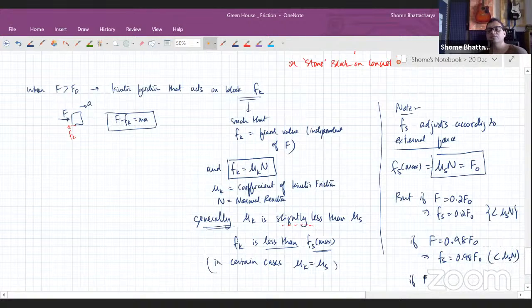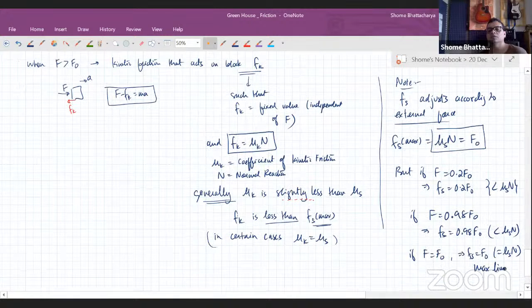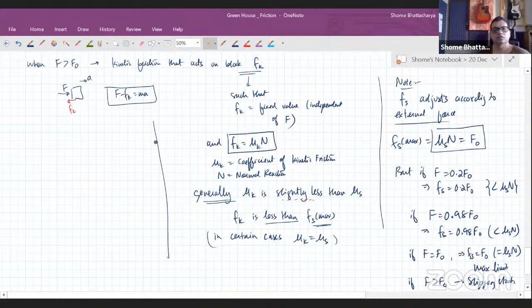But the moment F hits the value F naught, the static friction becomes equal to F naught, which is the maximum value. So this is the maximum limit. And therefore, if F becomes greater than F naught, slipping starts. However, when we talk about kinetic friction,